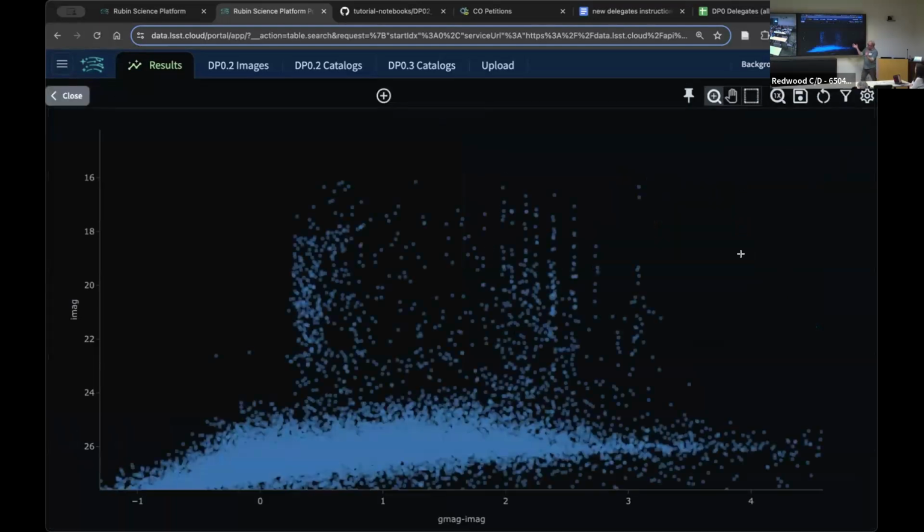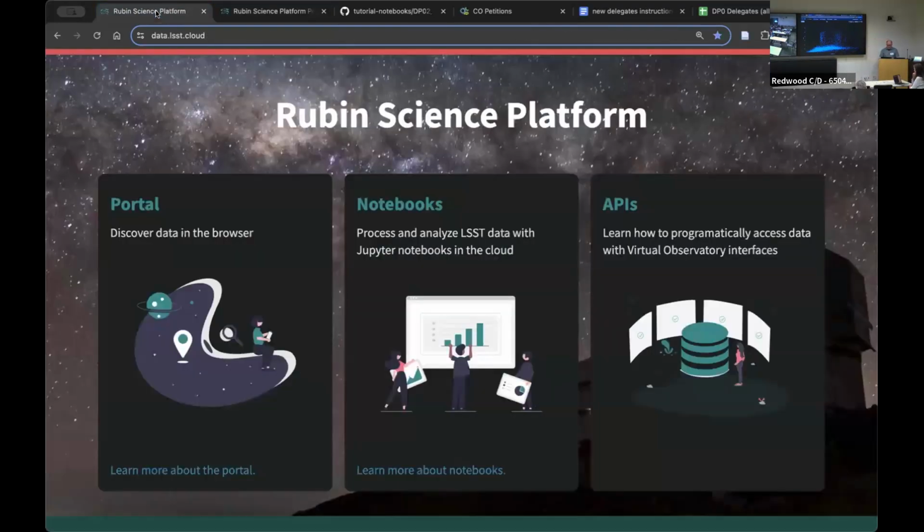This is our color magnitude diagram. So this is I magnitude and this is G minus I color. Basically, this is all noise pretty much at the faint end. This is basically the main sequence turnoff of the Milky Way disk. There are stars. There's a weird artifact of DP0 that you can ask about later, why these are vertical stripes. But anyway, that's a very, very basic demo of retrieving a little bit of data and making a plot. There's a lot more that you can do in the portal, but I also want to show you a similar